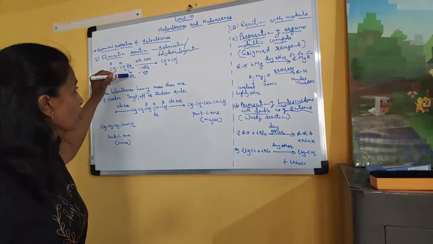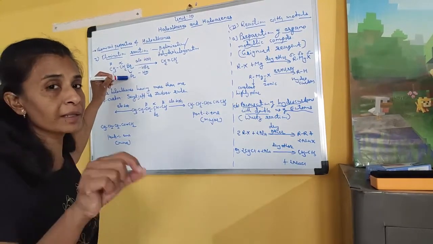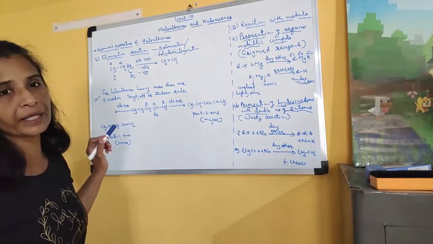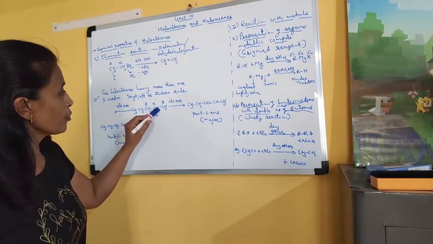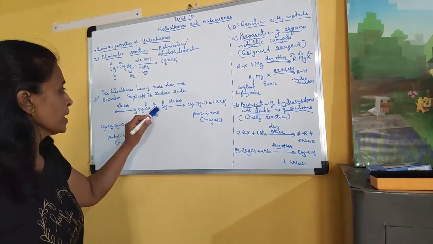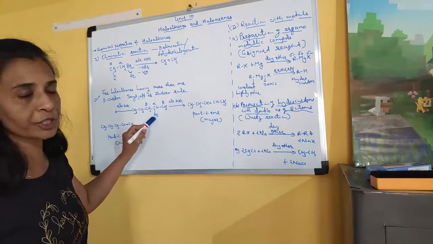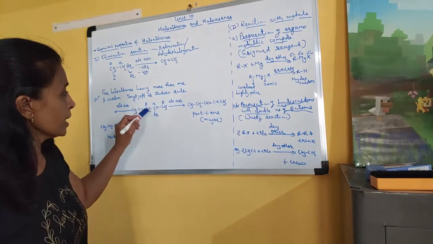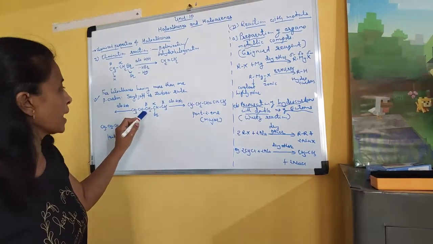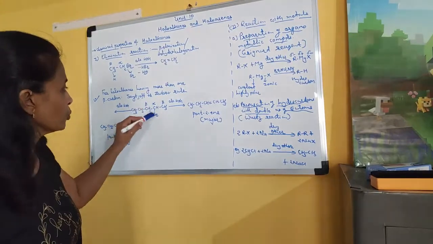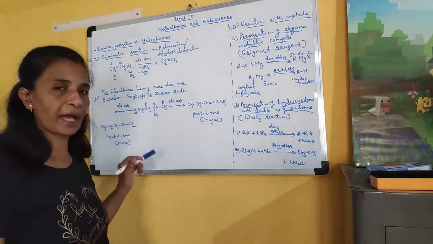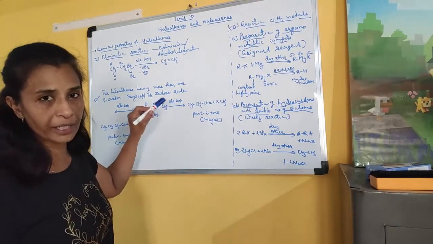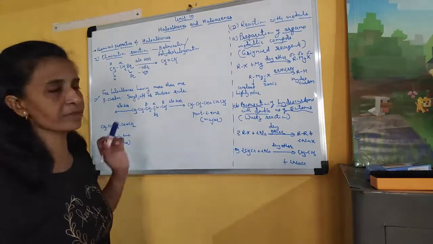It means that the halogen containing carbon is present in the middle. For example, this is called 2-bromopentane. 1, 2, 3, 4, 5 carbon atoms, so it is pentane, and the second carbon contains halogen, it is present in between. Clear? And that is why this is alpha carbon. Now the carbons adjacent to alpha carbon are called beta carbons. So in 2-bromopentane there are two beta carbons. Clear? Now when this compound is reacted with alcoholic KOH, then there are two possibilities.